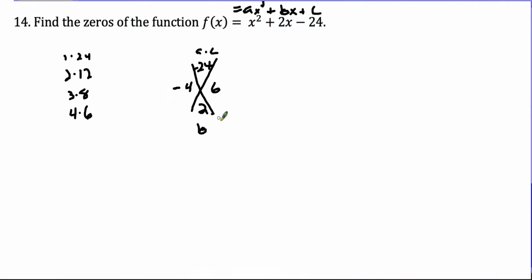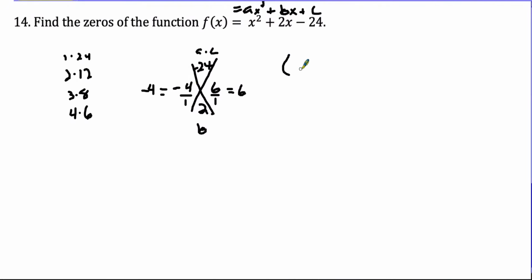Now, at this step, don't forget that we technically need to divide by my a value. In this case, however, my a value is just 1, so that's not going to change anything. I'm still just going to have negative 4 and 6 here, but don't forget that step. Right? If my a value is anything other than 1, that will change the rest of this problem. Now,